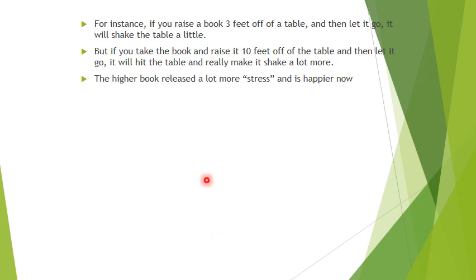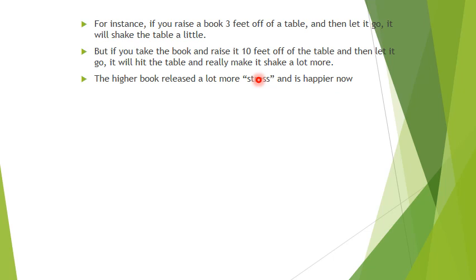For instance, if you raise a book 3 feet off the table and then let it go, it will hit the table and shake the table a little bit. Now, if you take the same book and raise it 10 feet off the table and drop it, it'll make a louder sound and shake things a whole lot more. What it did is it was really stressed being 10 feet away from the table, and it released that stress as energy, and now the book is